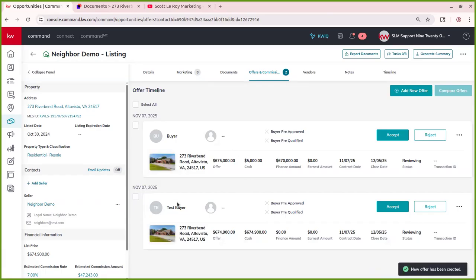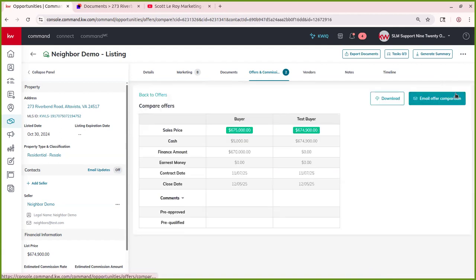And then you can go through and you can compare these offers. So you would just select both offers and you can compare the offers. And you'll see what it looks like, a breakdown, and you can email that offer comparison directly to your client through Command, or you can download it to send to your clients. Either way, we can go